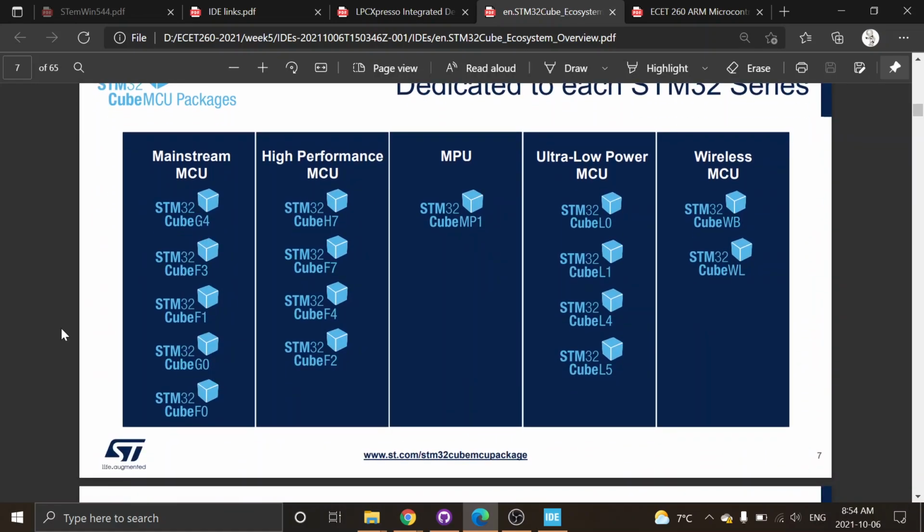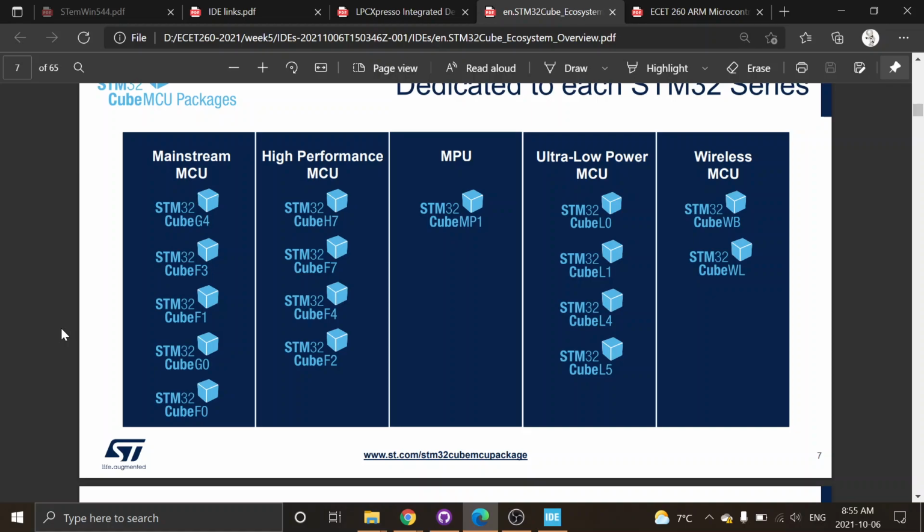As far as their microcontroller packages, again, if we go and look at the HAL, whenever we generate new things, there's a HAL API. Anything they do in there, it downloads the latest version from ST's site through the IDE. And we have a bunch of different microcontrollers in the family. So main microcontrollers, you have F1, F3. The difference from the one we're using, an F4, is that it has the digital signal processing hardware